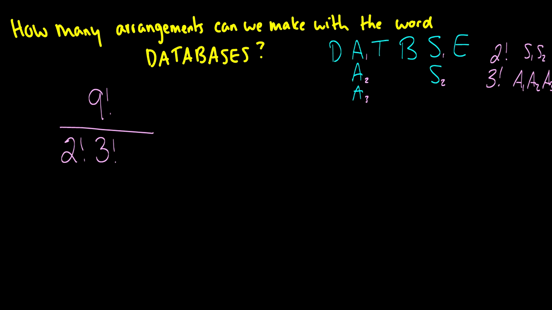This is sort of a formula on its own, where if you have k identical items, then you divide by that factorial. But just understanding it with the databases example and the previous example, if you can remember what to do here, then you are set for life, because this is something that happens in a lot of different questions. So here, this is going to be 9 times 8 times 7 times 6 times 5 times 4. The 3 factorials will cancel, and then we have to divide